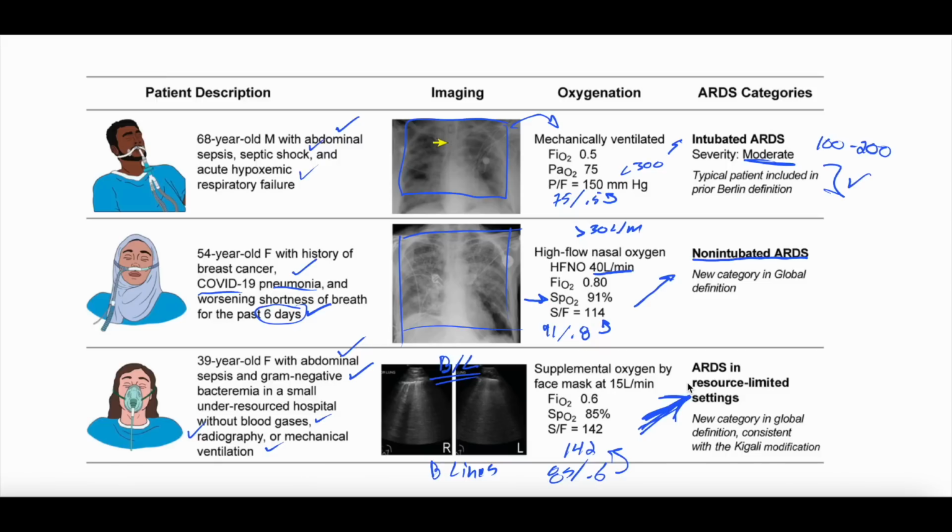And then the other thing would be using the SpO2, right? The oxygen saturation on the monitor, as long as it's less than 97%, the SpO2 to FiO2 ratio, which does not require an arterial blood gas. Now, that's not going to be perfect every time. There's lots of limitations to using the SpO2, right? They have done studies a ton. Critical illness makes the SpO2 less dependable. Darker skin complexions makes the SpO2 less dependable.